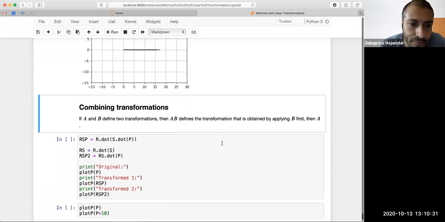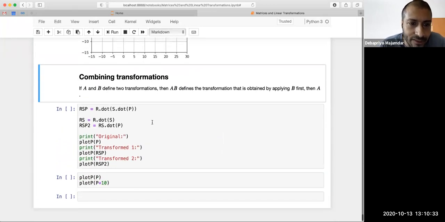So all those things. Combining transformations, I'll not go into right now. You can actually transform one and then do another and another. So there you can actually do them. Remember, they're not commutative. That means, sorry, they're associative, but you cannot interchange their order all the time. So that's what you cannot do.